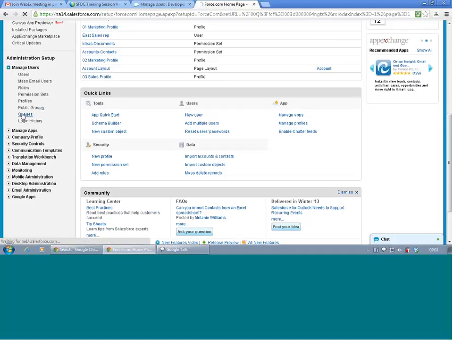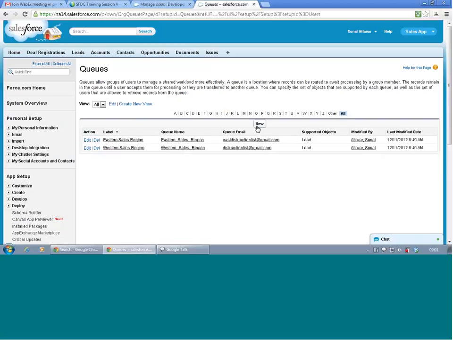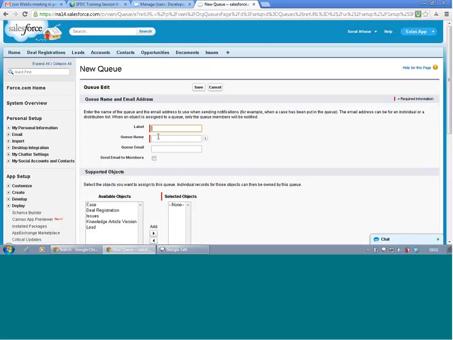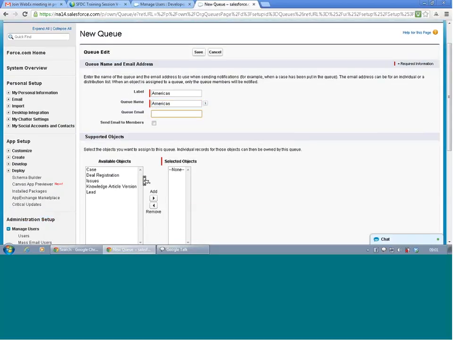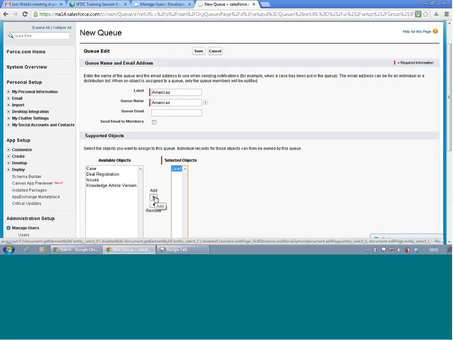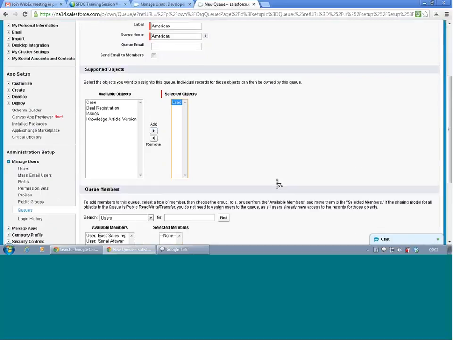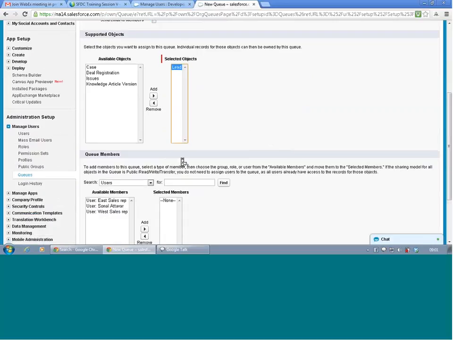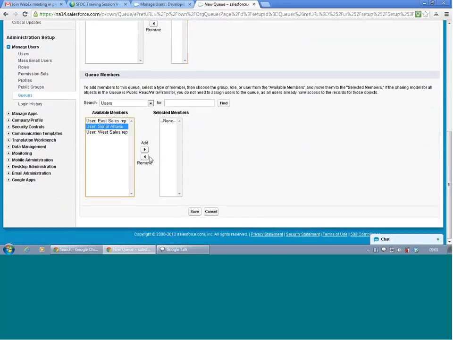Go to the queues and create a new queue called Americas. Make it available for the lead object, and put only the admin user as having visibility to this. Users will be only Zonal. Save this one.